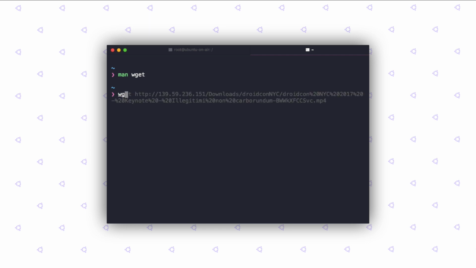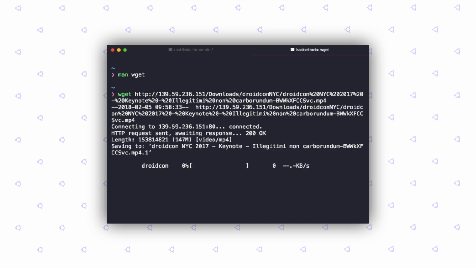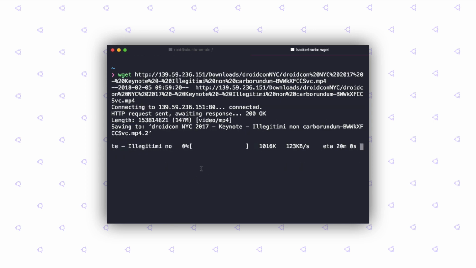So I'm going to type in wget, and then you have to supply the URL to the file that you want to download. So I'm going to hit enter now. As you can see, it started off the download, and it's giving you the statistics on how long it's going to take the download to complete, and the size of the file that's already been downloaded. This is going to come in handy if you're trying to download something off of the internet and you do not have a download utility, or you just don't want to use the browser at the moment.